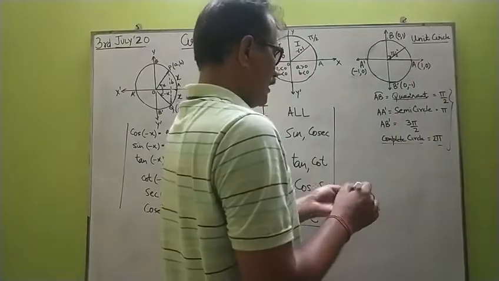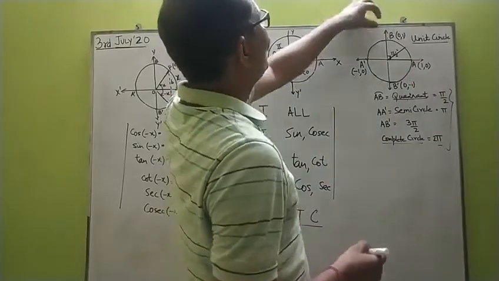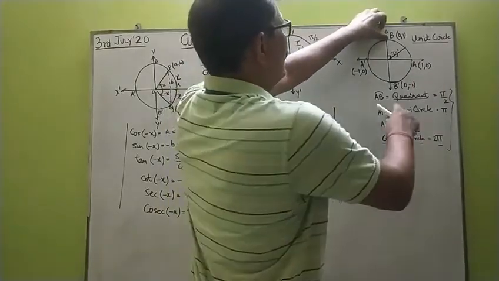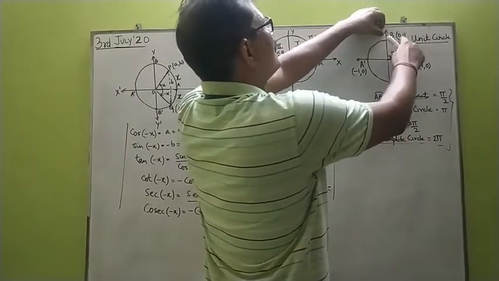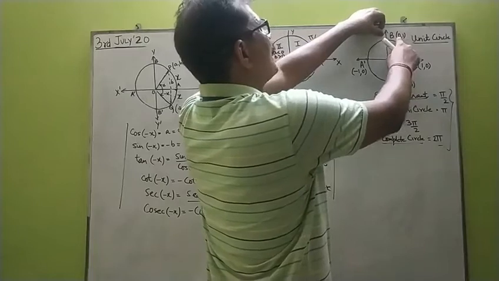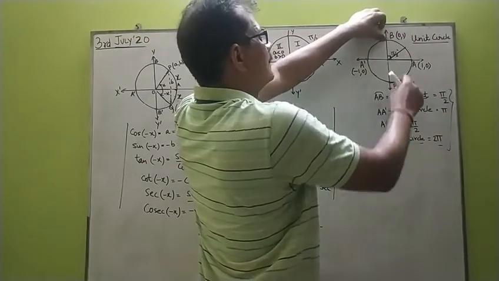So accordingly, now you can find at this point P, where the angle is pi/2 radian, and cos is represented by A. The cos pi/2 is 0, whereas sin pi/2 is